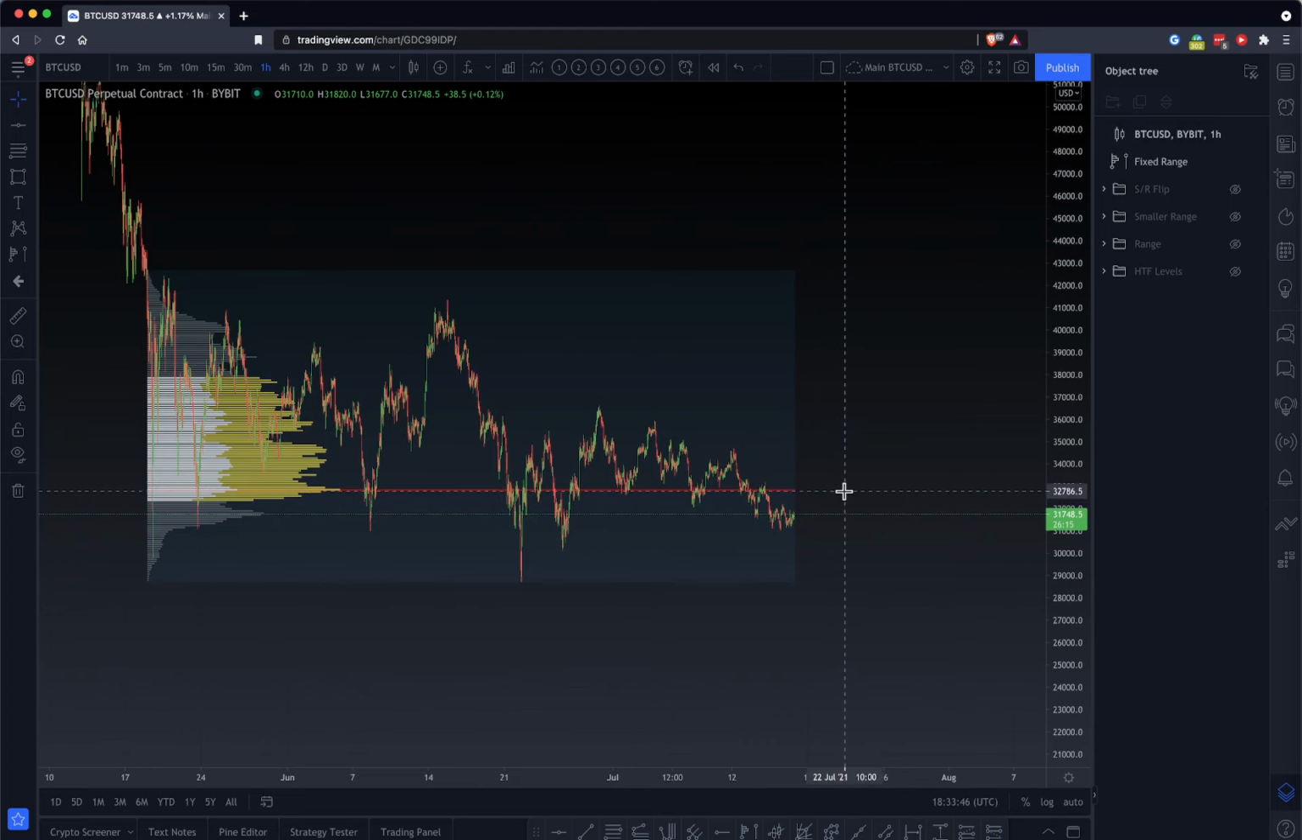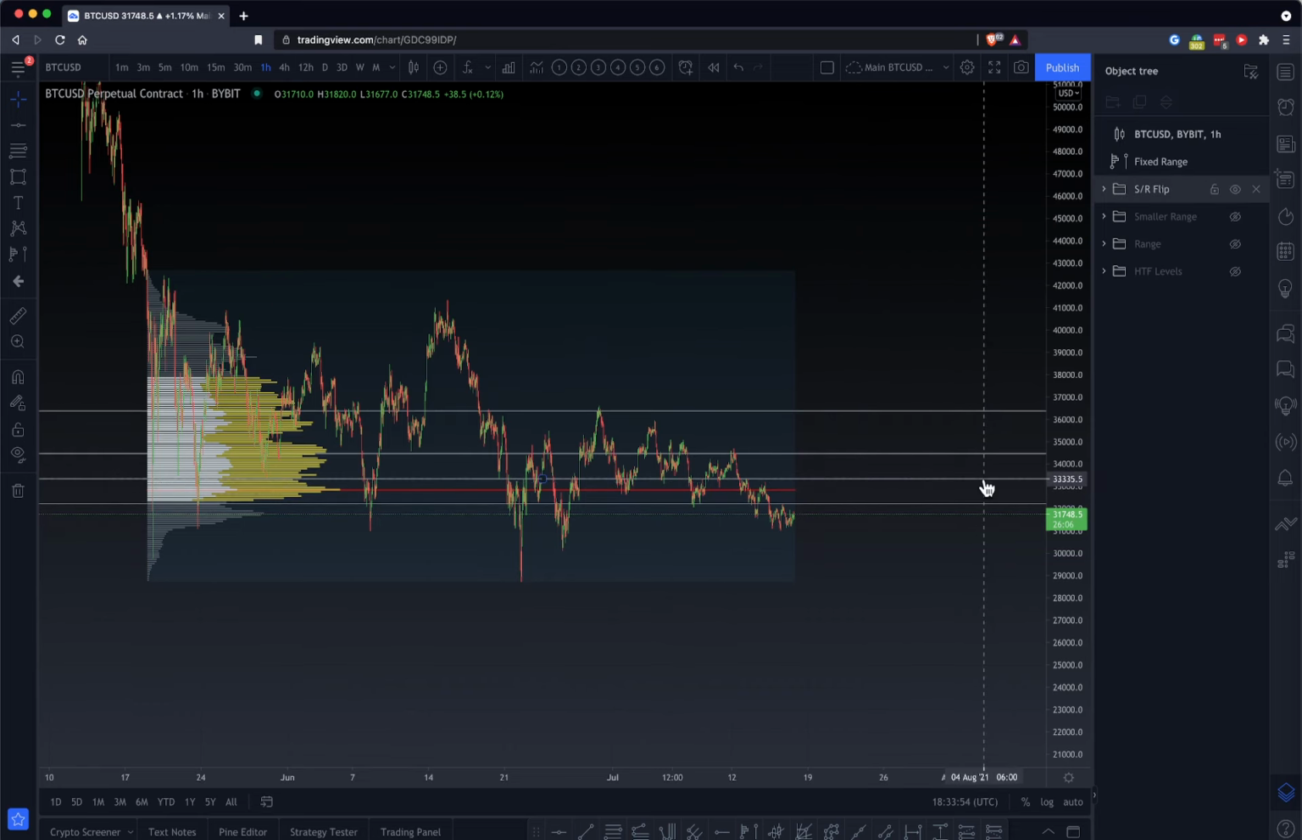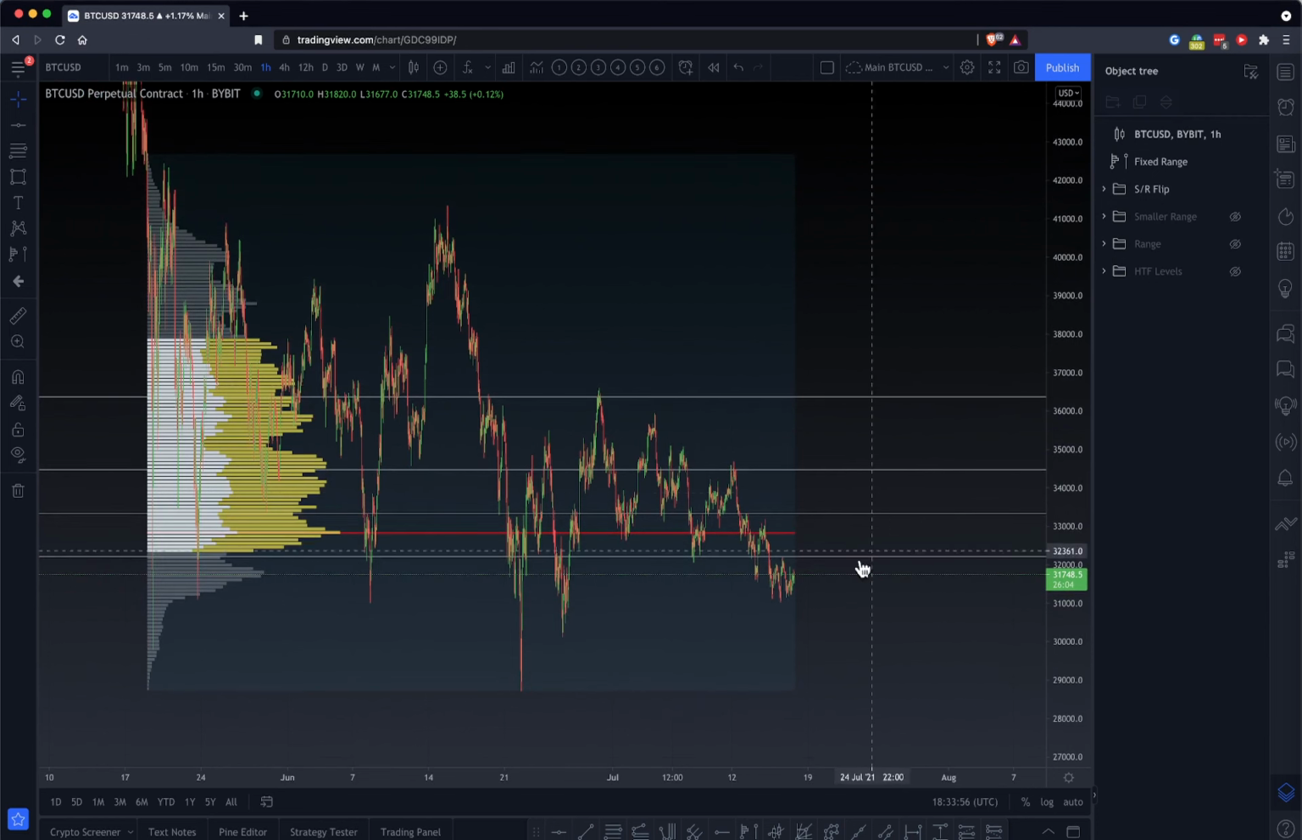So now 32k is 33k. We reclaim this 33,300. This region now is massively resistant. Okay,